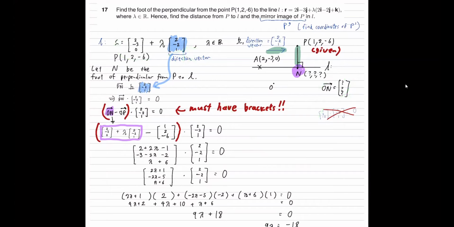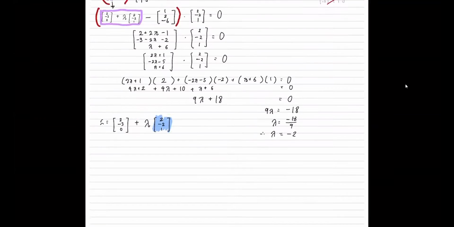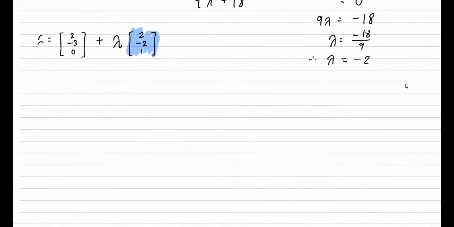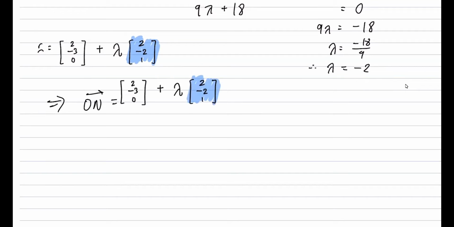I will copy down the equation because my iPad cannot show everything on one screen. So I'll paste it here just to remind myself. You don't need to do this. You don't need to copy down. You just have to look up on your piece of paper. For me, my iPad is a bit small, so I need to copy down. So therefore you conclude that ON is actually just copy down the equation and then you substitute lambda with